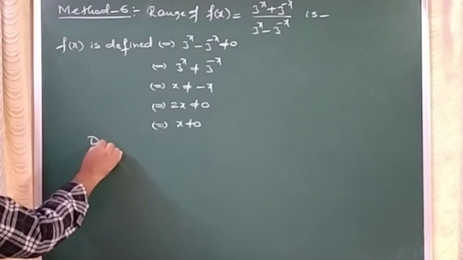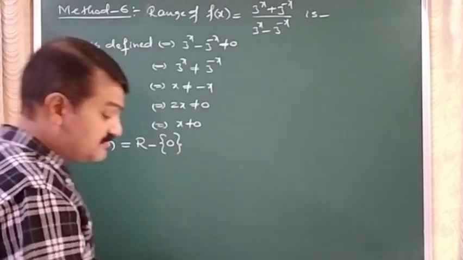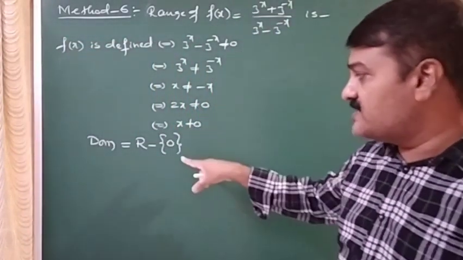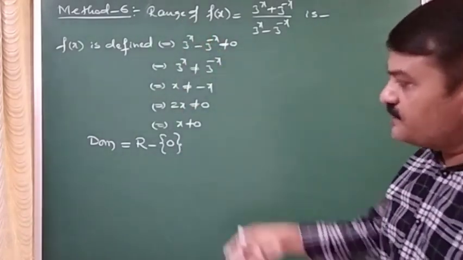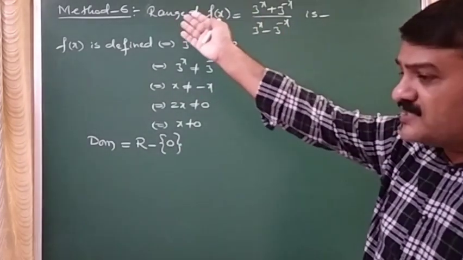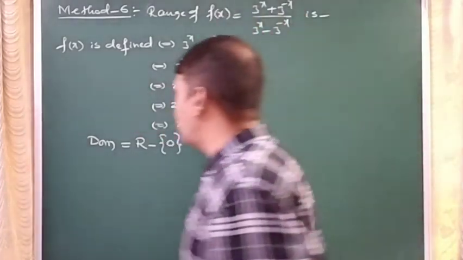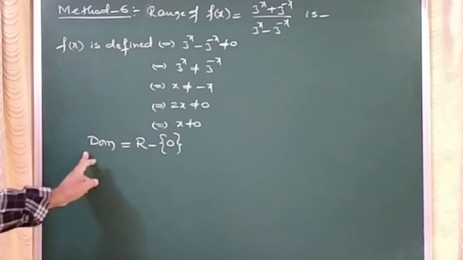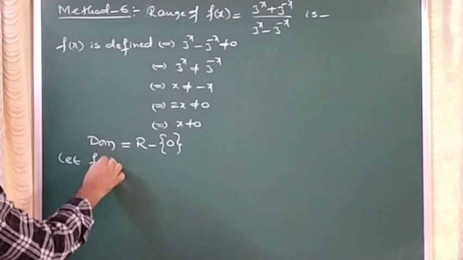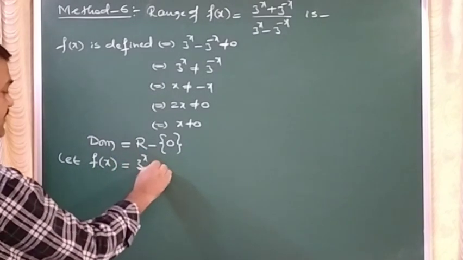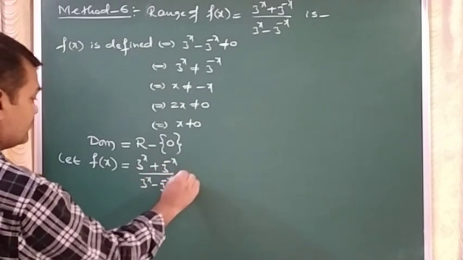So what is the domain of the function now? The domain of the function is all real numbers except 0, exactly like what we discussed for the method to be applicable. So for this domain, clearly the sixth method procedure which we discussed will be applicable. So let us start the procedure now. The domain of the function is R minus 0. What should I do in the procedure? f of x must be taken as y.